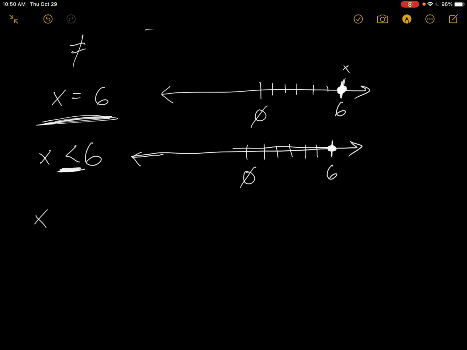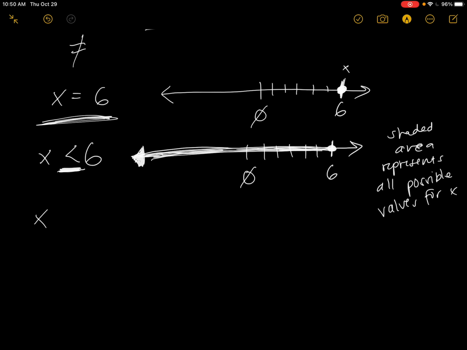And then what I would do is shade in the line, and then I would shade in the arrow to represent that this can keep going and going forever. So all this, the shaded area represents all possible